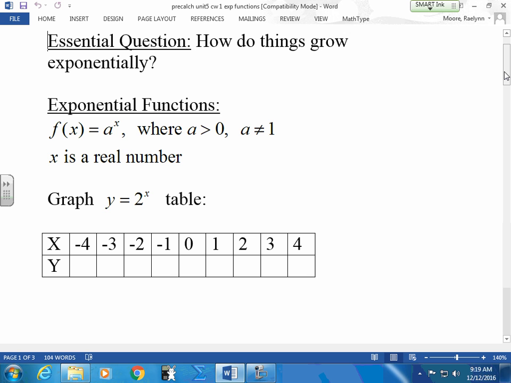Okay, so now basically we start here. When we throw functions in here, I'm going to change this up a little bit, but right now, basic exponential functions. Exponential things grow, like if I took this paper, and